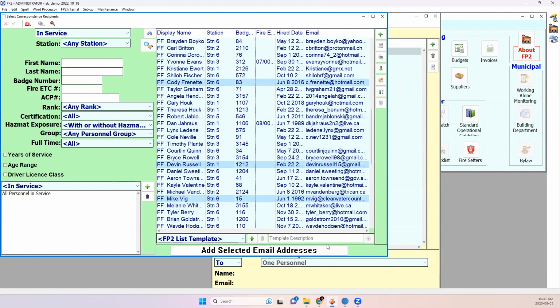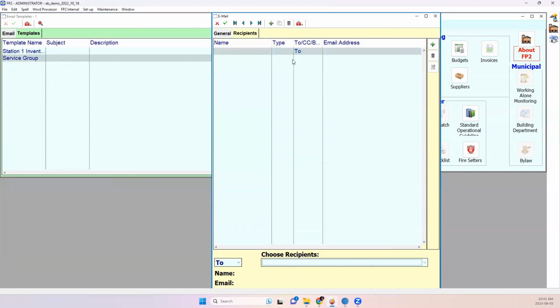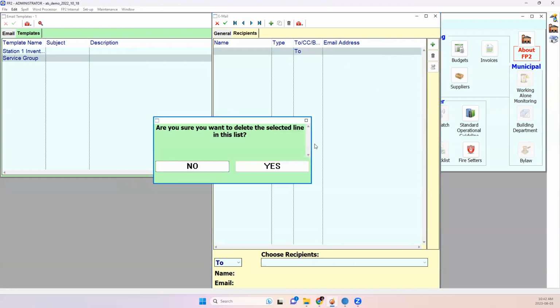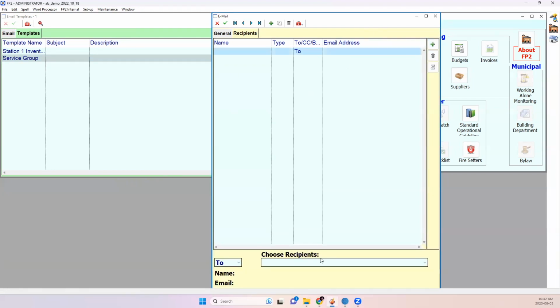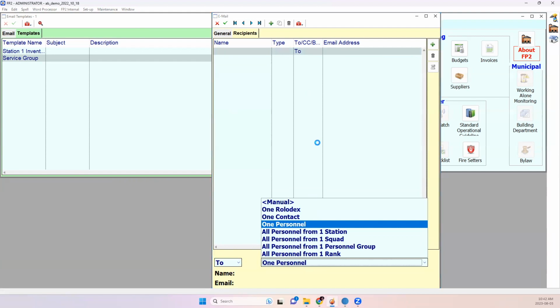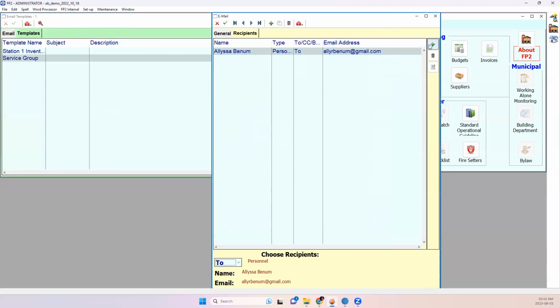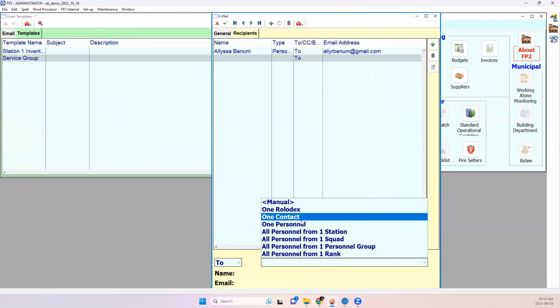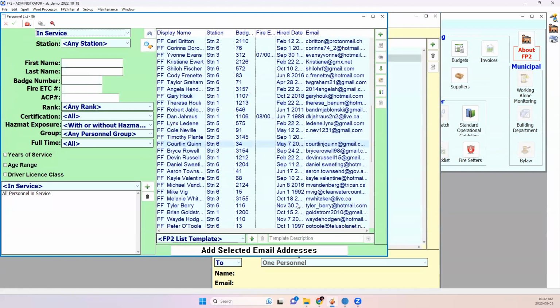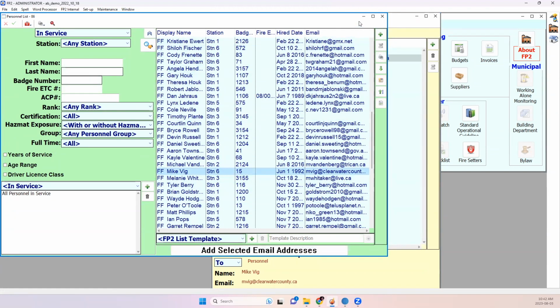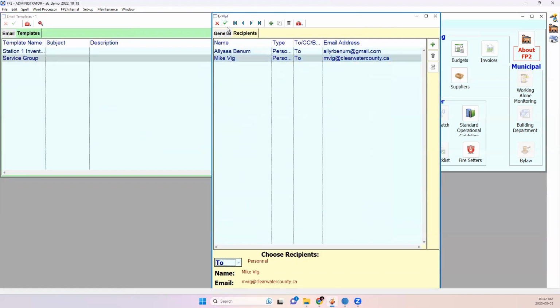These people are the ones in my group that I want to add. So that allows you to create an arbitrary group of people. I'd say one personnel, and then I can add more personnel. Setting up the group arbitrarily just lets me go in and pick exactly which people I want to be